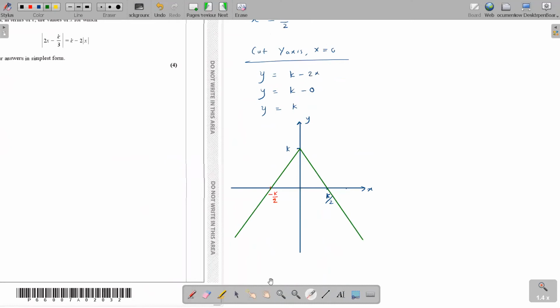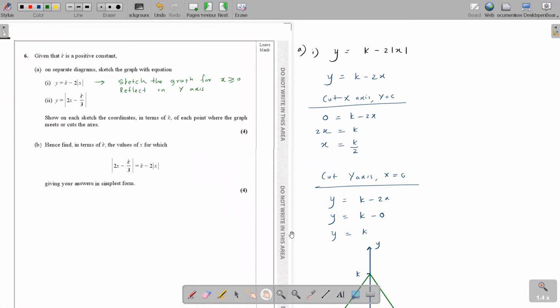Okay, so the next graph I have to draw. They say to draw on separate diagrams, sketch the graphs. Roman number 2, y equals modulus of (2x minus k) over 3. Here you can very clearly see the modulus mark is around the full function. So when you have it like that, what we do is first draw the normal graph, ignore the modulus sign, just draw the (2x minus k) over 3 graph, and then after you draw the full graph, what we do is reflect